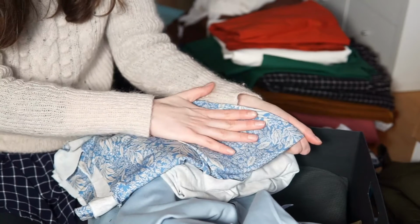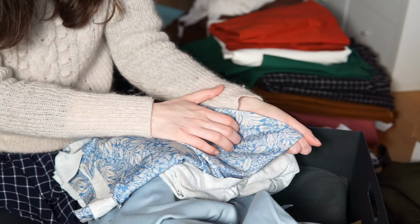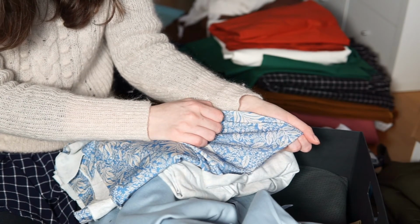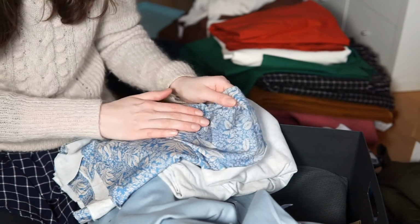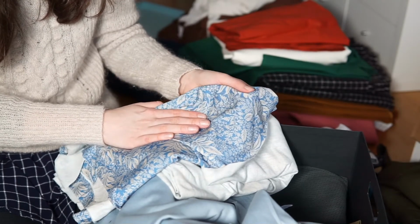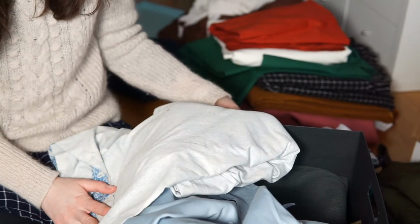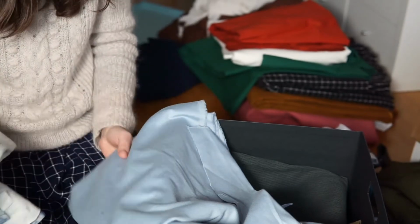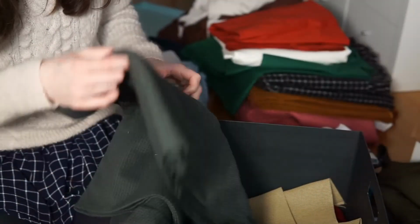Originally I wanted to sew a dress with this leaf print, but then during summer, because no other fabric store was open, I thought I could sew my stays out of it. Maybe I will go for a dress combination with that one. Okay, here comes